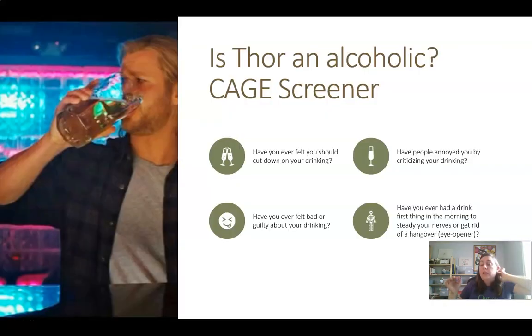So this is the piece where we're integrating that peer-reviewed article. I actually picked two different ones because I felt like they went together. So there's something called a CAGE screener, which looks at alcoholism. So if you answer yes to any of these questions, it's an indication that you may have a substance use